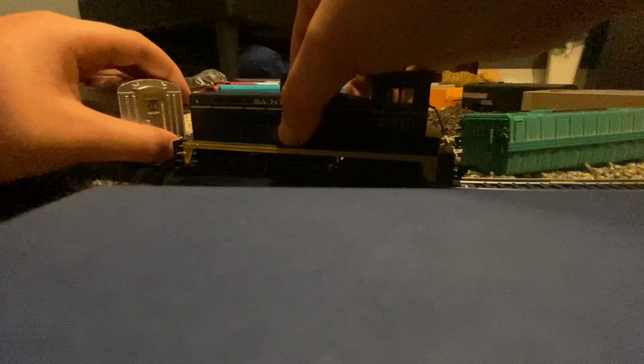Let's see. Here, we'll put it down real quick. Don't think it can hook up to the switcher. Let's see if I put it in front. Let's see. Alright, I'll just have it push it. Oh. Alright, we're just gonna take that off. This is gonna go into chaos, but